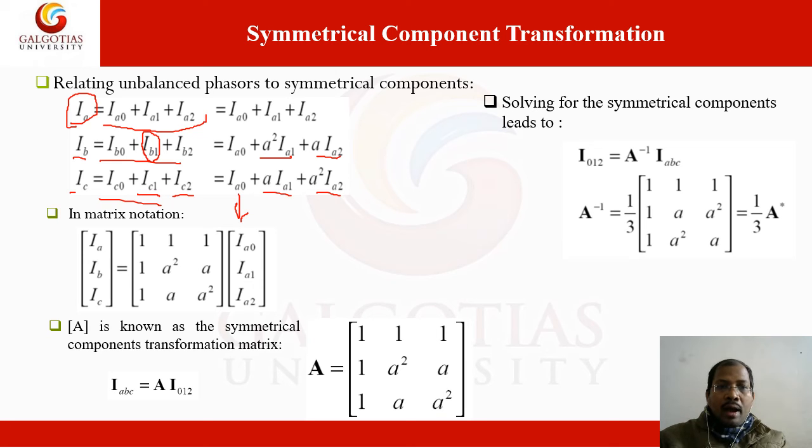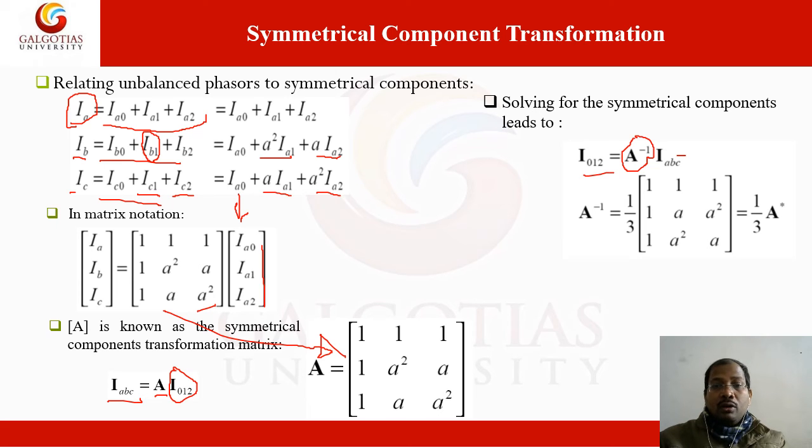So IA, IB, IC is the phase current, and this is the matrix in terms of the operator, and this is the sequence current. So we can write this term as a matrix. Here the IABC phase current equals the A matrix into the sequence current. This is the relation. If we take the inverse, and the sequence currents are given, we can calculate the phase currents. If IABC is given, we have to find A inverse and multiply it by the IABC phase current, and then we can get the sequence current. So A inverse we can obtain.